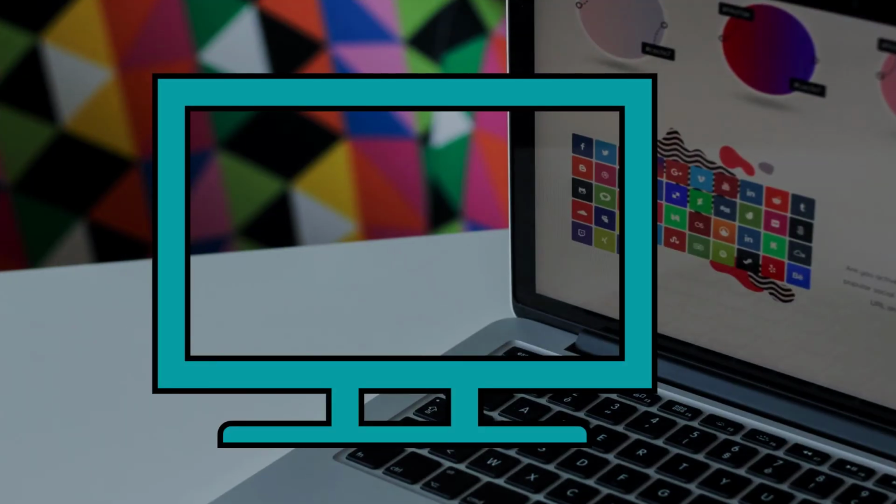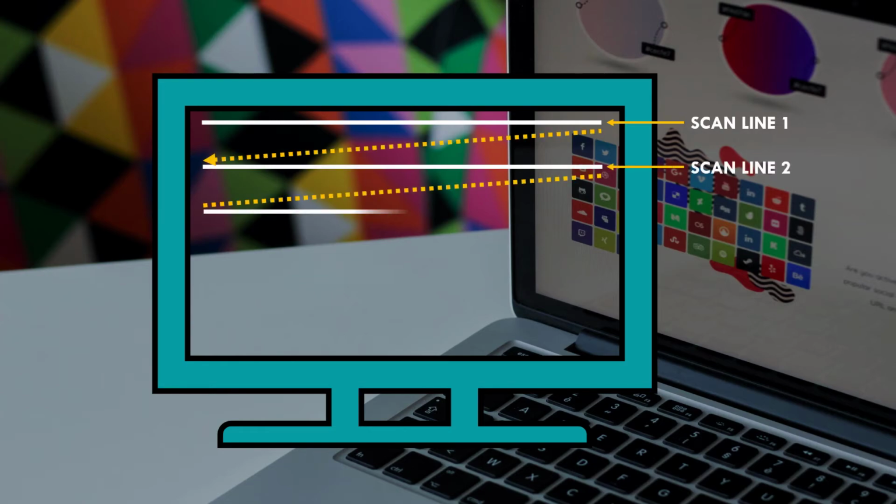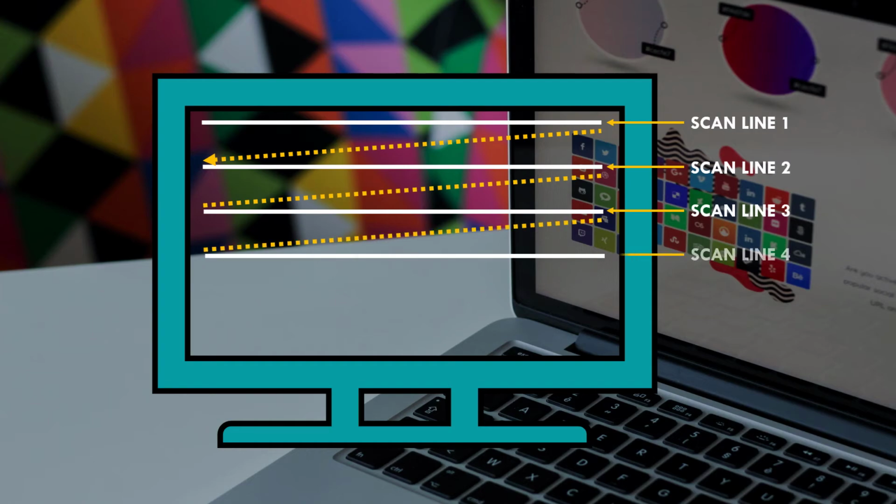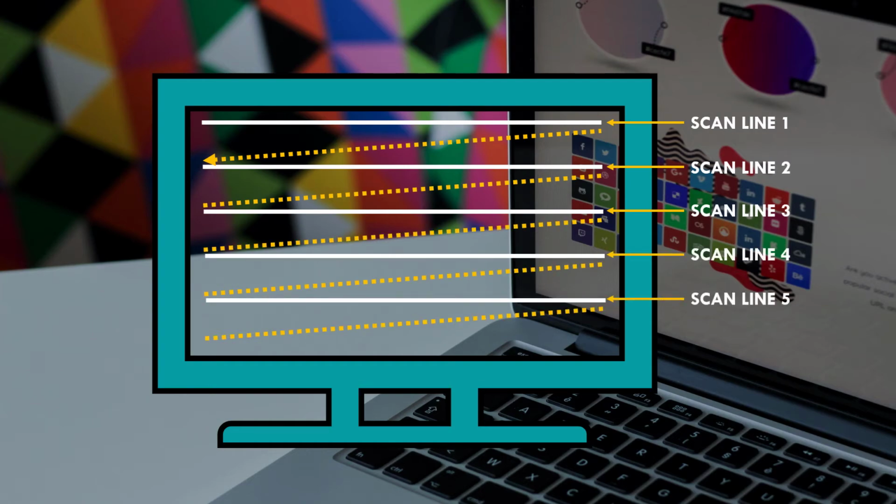Now let us see how the raster scan display actually works. This is the first beam, and this beam is passing from the left side to the right side, and here it is called a scan line. So there will be multiple scan lines scanning from top to bottom. Let us see how this scan line works. This was the first scan line. Now it goes to the second scan line, then third, then fourth, fifth, and so on. It reaches the 6th scan line.